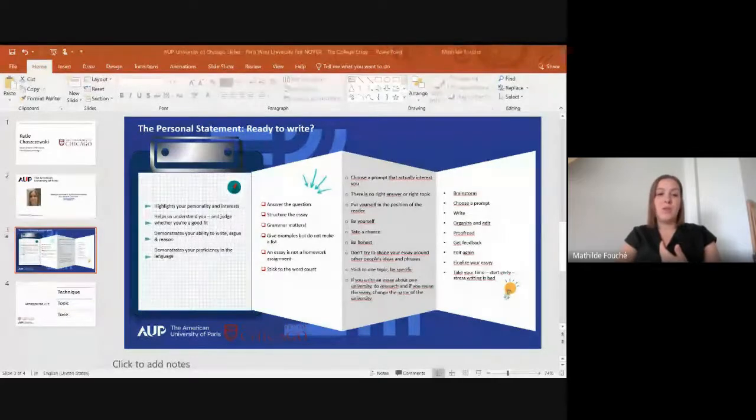Some of you will be applying as international students. You might have to submit a language proficiency test. Some of you might not because you're attending international schools, but the essay is also a good way for us to see that. So the structure of the essay, what I can give you as advice is that it needs